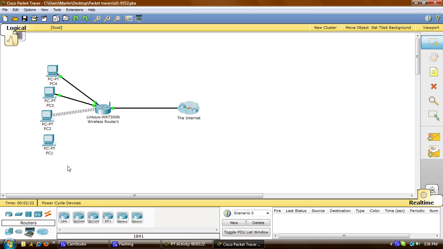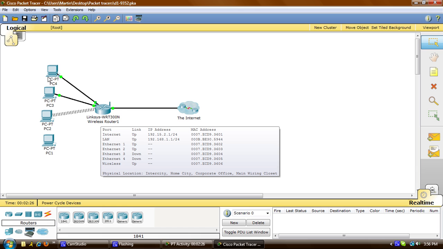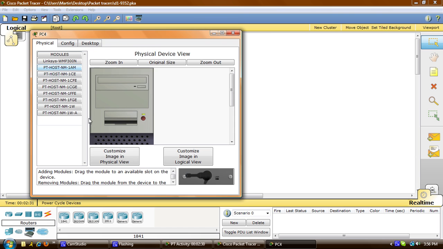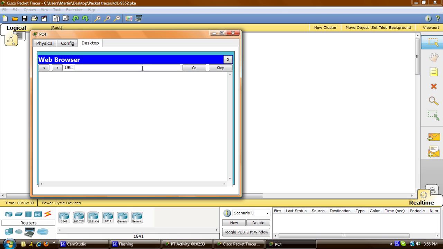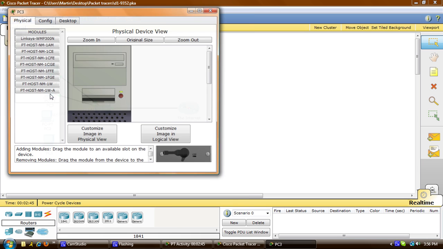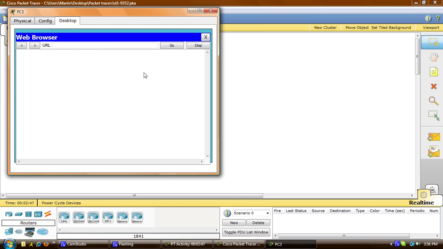First, I'll verify connectivity. I'm going to go into each PC, go into the web browser and see if it'll connect to the web server. I'll start with PC 4, go to desktop, web browser, type in ciscolearn.more.com, hit enter, and it connects to the web server. Okay, I'll go down to the next one, go to desktop, web browser, type in ciscolearn.more.com, and that one